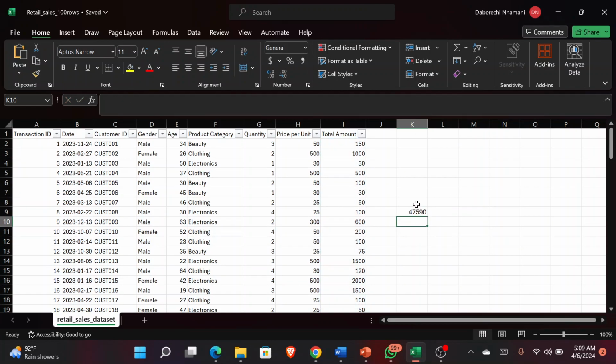Now this is the sum. So let's call this sum of total amount. So I have this right here, sum of total amount. So I've answered that question. You can see how easy it is to do, right? So